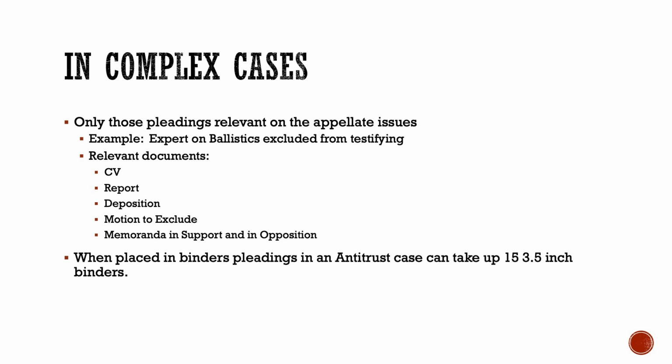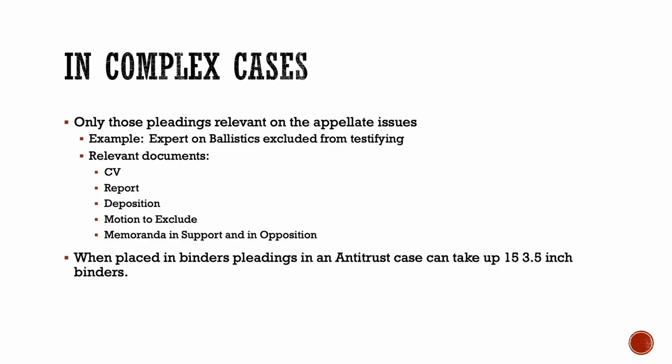Here's an example. Let's suppose you have a ballistics expert and the motion filed by the defendant in a criminal case says we need to exclude this expert because his opinion is not founded in science. Well, all of the documents that relate to that would then come into the appellate record. For example, the expert's curriculum vitae, his report, the deposition of that expert, the motion to exclude, the memorandums in